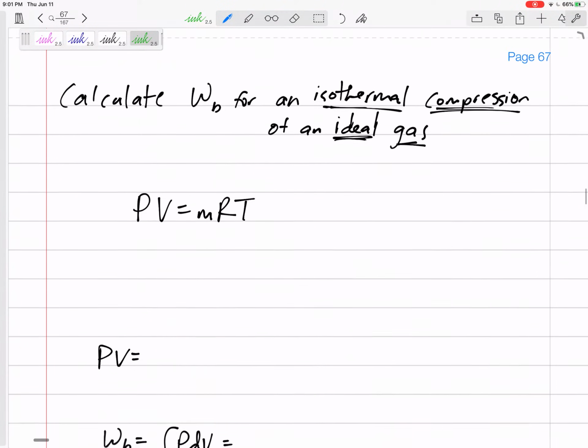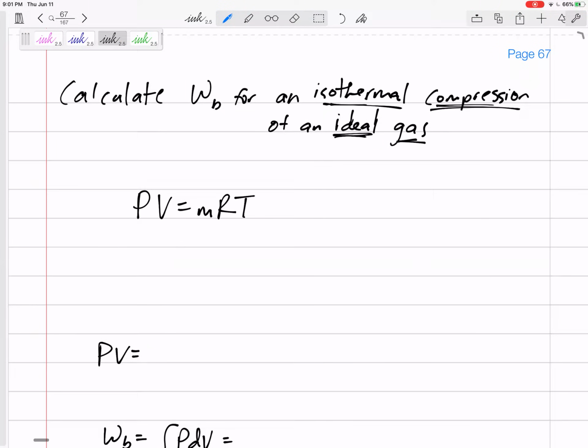Okay, what about a process? And this actually happens. It seems very specific, but consider an isothermal compression of an ideal gas. If we have an ideal gas, like oxygen, nitrogen, air, many things we can assume to be ideal, which we won't get into right now; if it's obviously a gas, we can assume it's ideal. And if it is compressed in an isothermal way so that the temperature does not change,